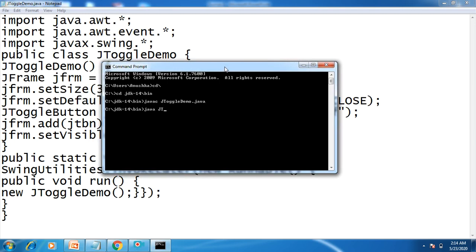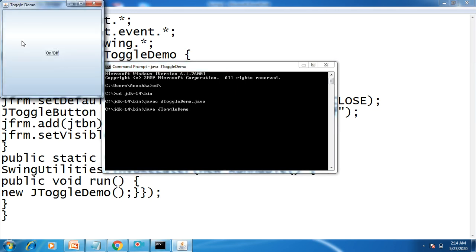Java JToggleDemo. Press enter. So here toggle demo is the name of the application.